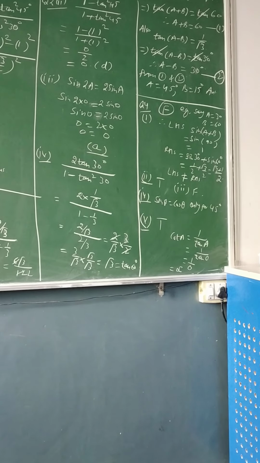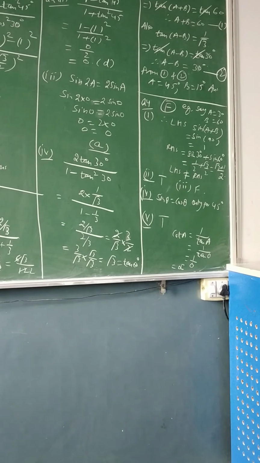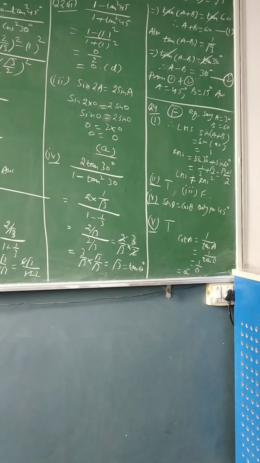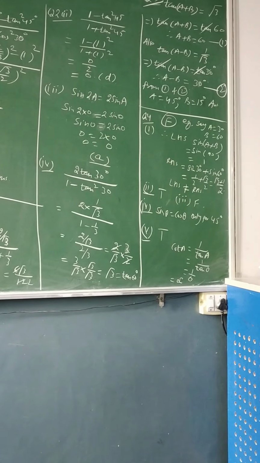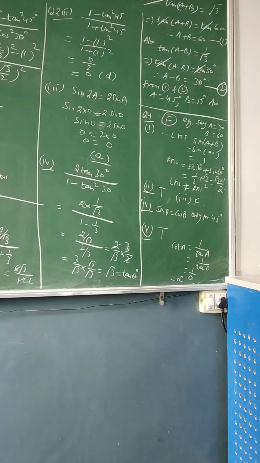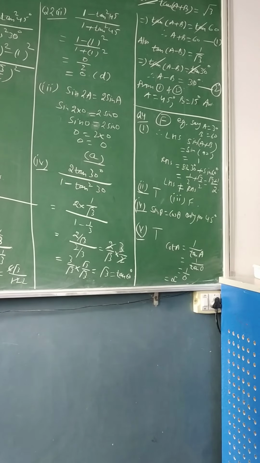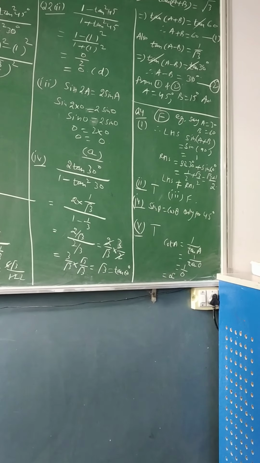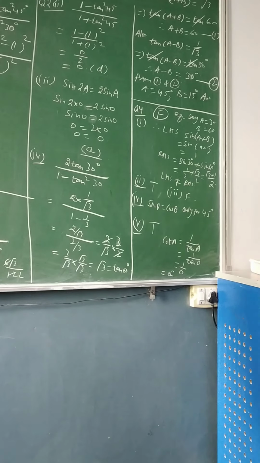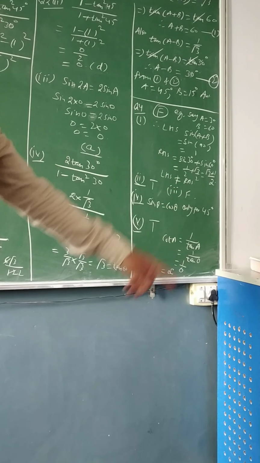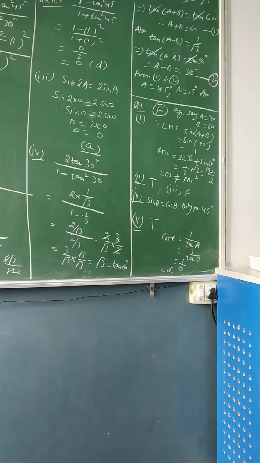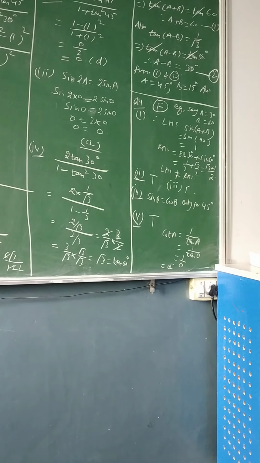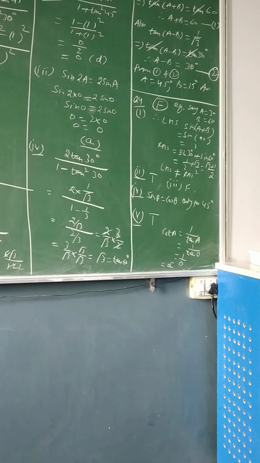And then the third statement, the value of cos theta increases as theta increases. This is false. Very clearly you can check. Cos 0 is equal to 1. So that is not in increasing order in case of cos. So in case of sin it is true. In case of cos it is false. That is the third statement. The value of cos theta increases is false.